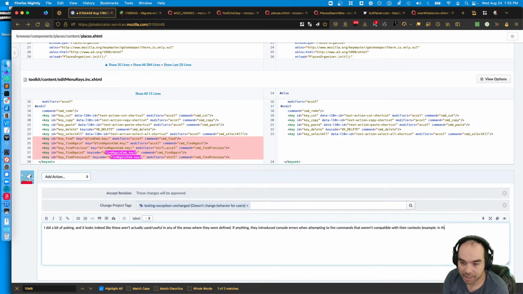Example, in the Places window on Mac OS, hitting Shift F3 will cause a console error because it's trying to use a command that's designed for windows that define gBrowser. So I think this is good to go.